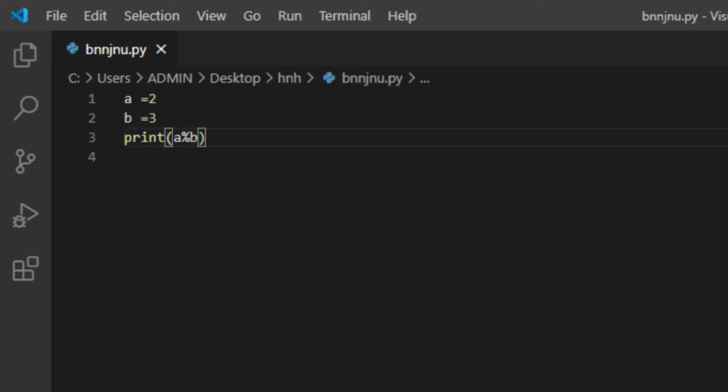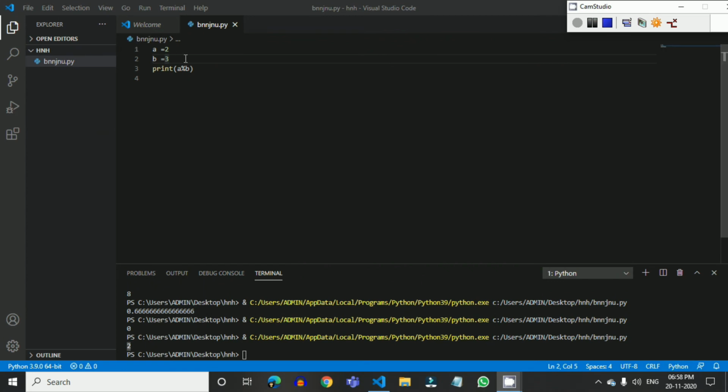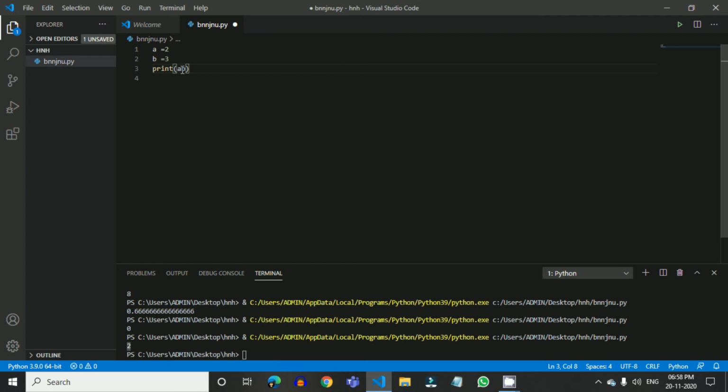Print command basically prints a thing in Python. Now as I have declared two variables, I'm going to write print a plus b. That's going to add the values allocated in the variables a and b, and print that. In a similar way you can add, subtract or divide anything.